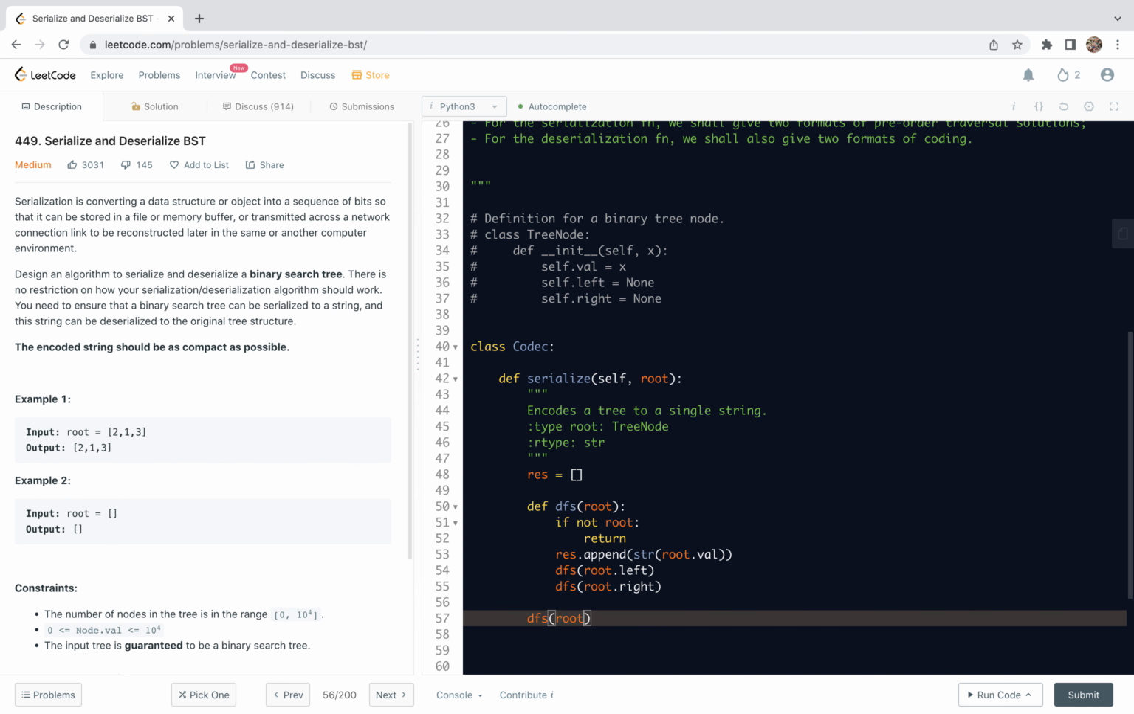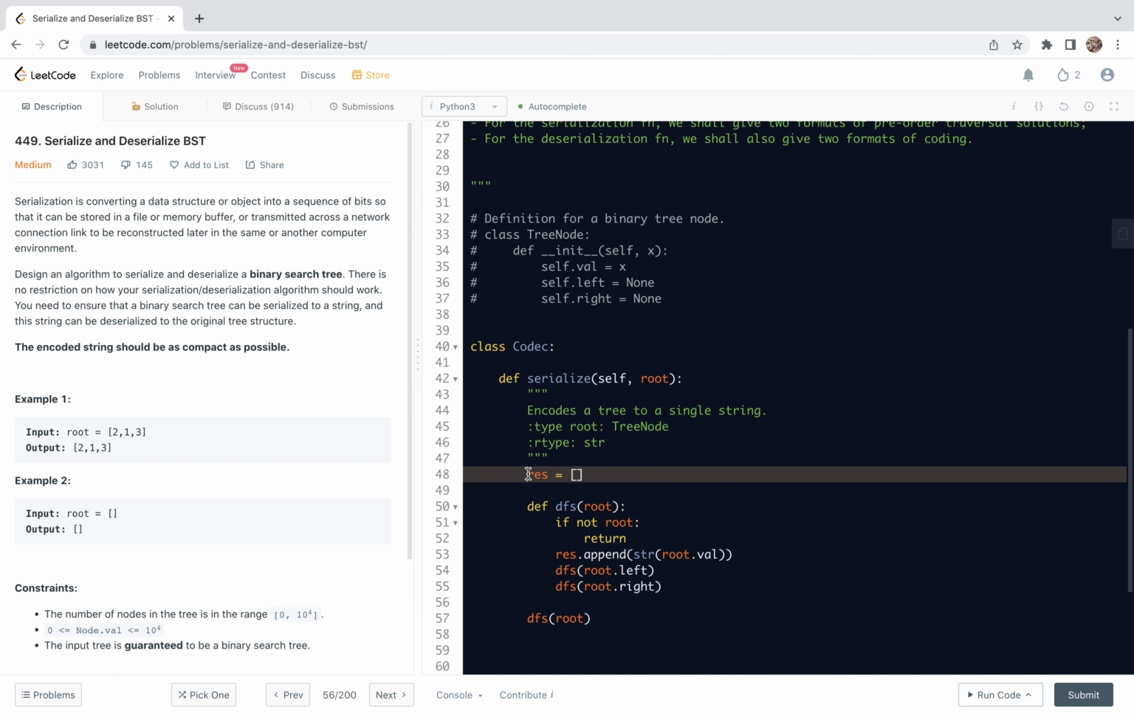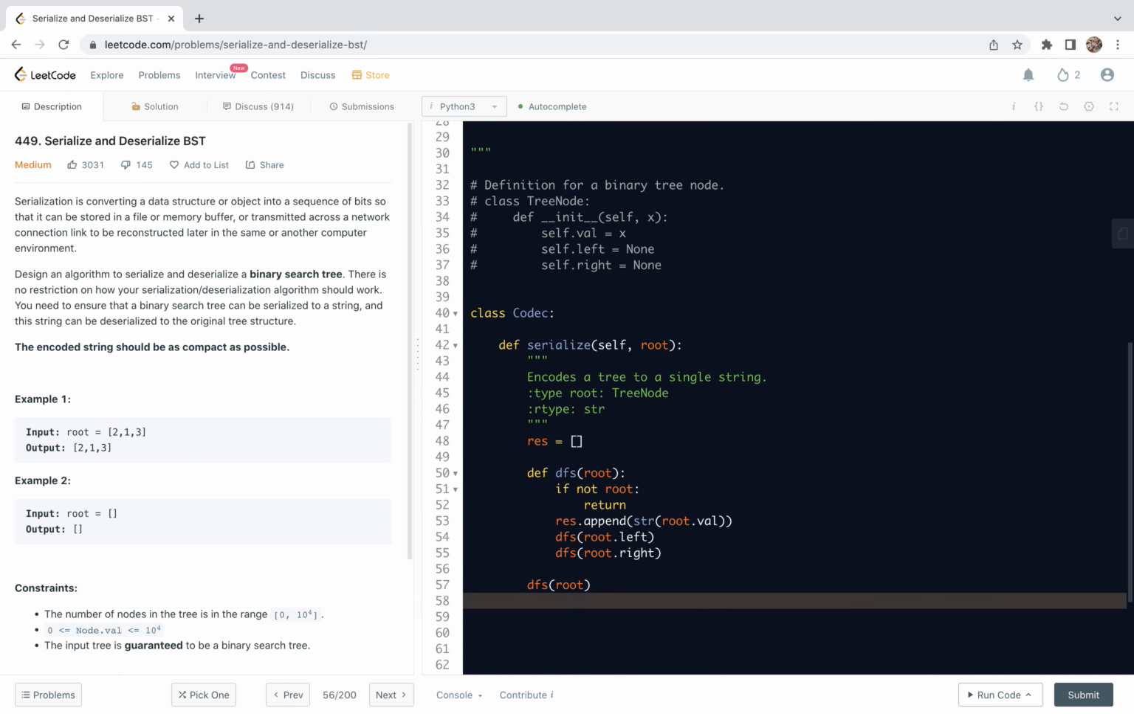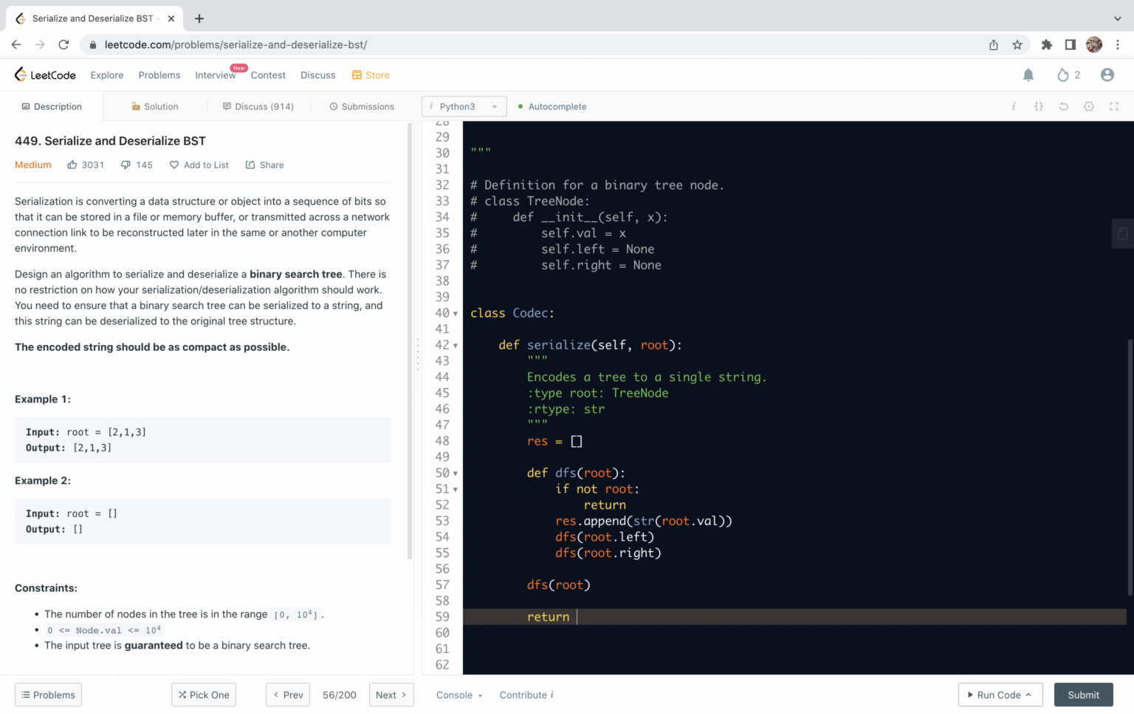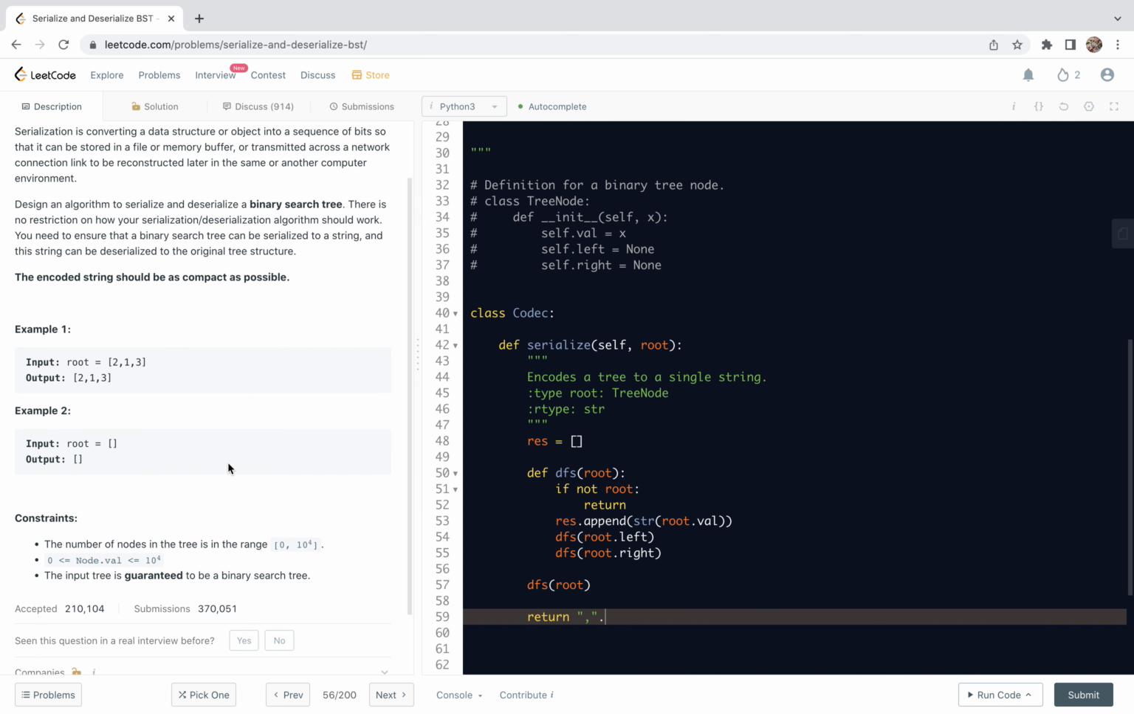So now, if we call this function DFS root, we are going to get the number list corresponding to the binary search tree represented by the root. So now we want to do the serialization. Here we can return the string. We need to make it compact, so we are going to join using a separator. Here we can use comma or star or pound, anything as long as it's not